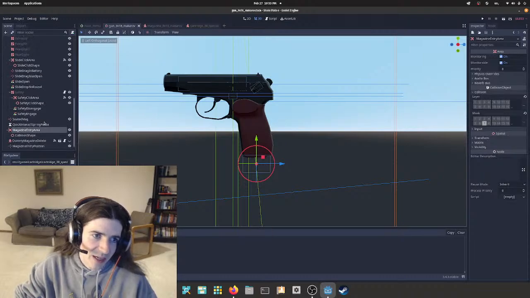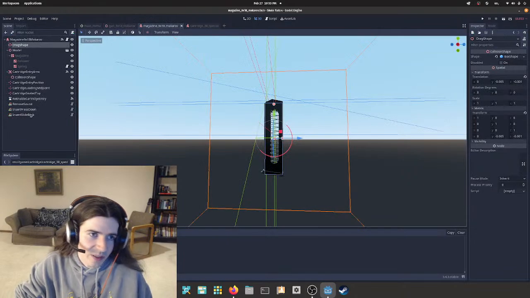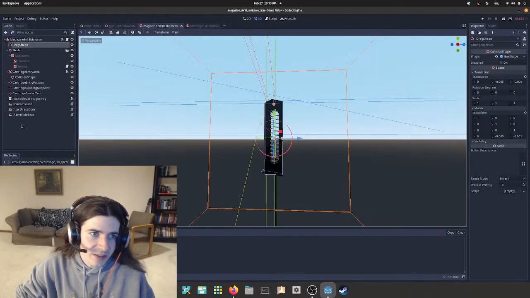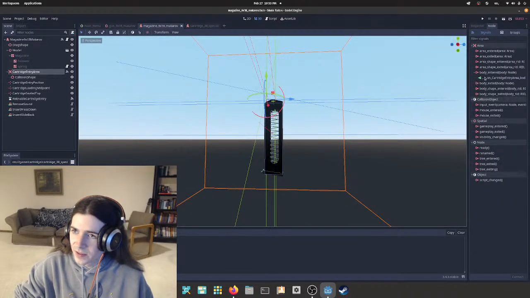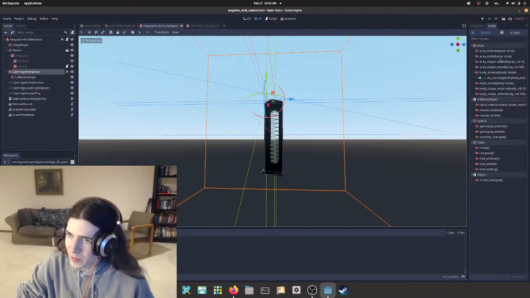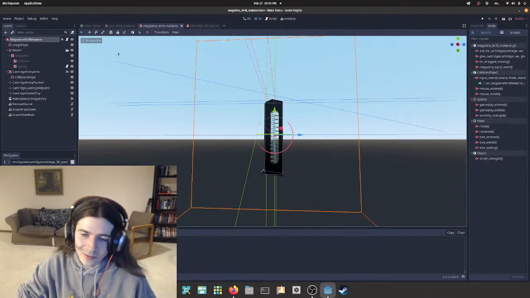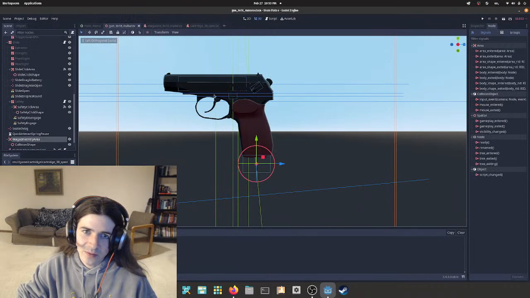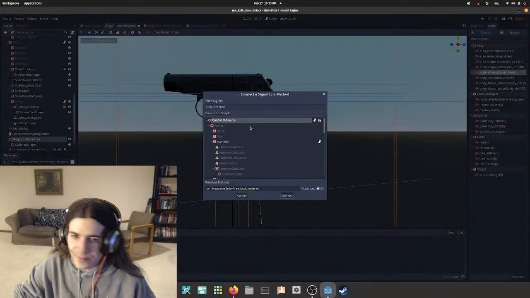So now we need a signal wired up on that. If we look at the example I have here, got a signal, and the signal is body entered that we're using. There's area entered. Yeah, but because this is a kinematic body, we want body entered. That's what we want. So let's look at the signals here. Body entered.